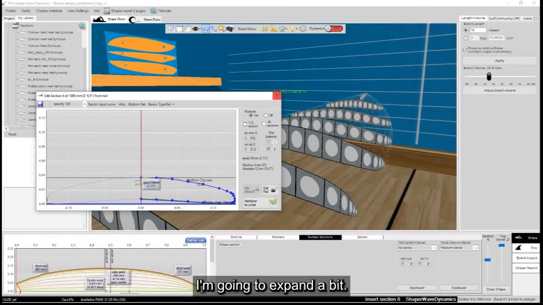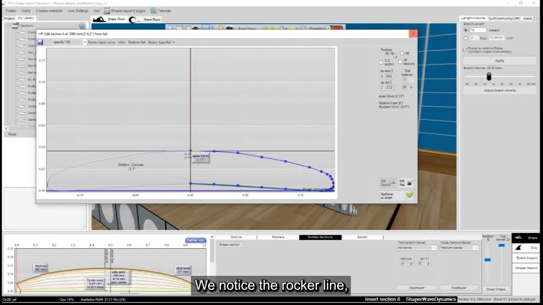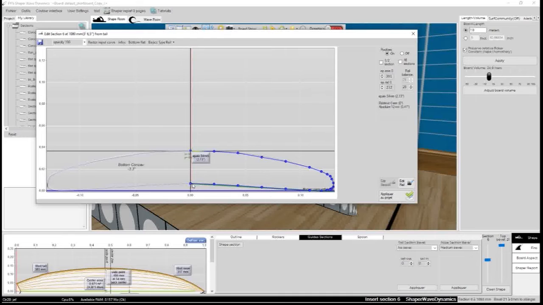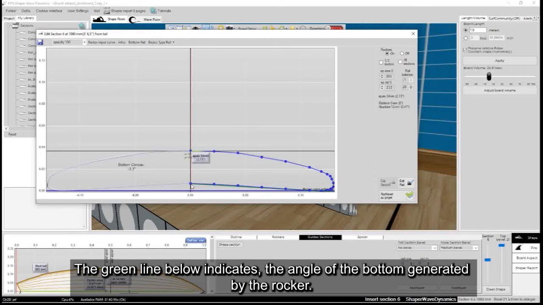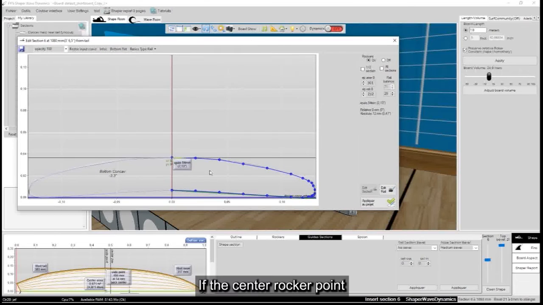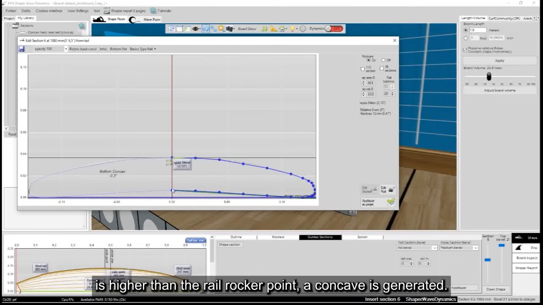I'm going to expand a bit. We notice the rocker line. I don't know if you have already seen the rockers tutorial. The green line below indicates the angle of the bottom generated by the rocker. If the center rocker point is higher than the rail rocker point, a concave is generated.